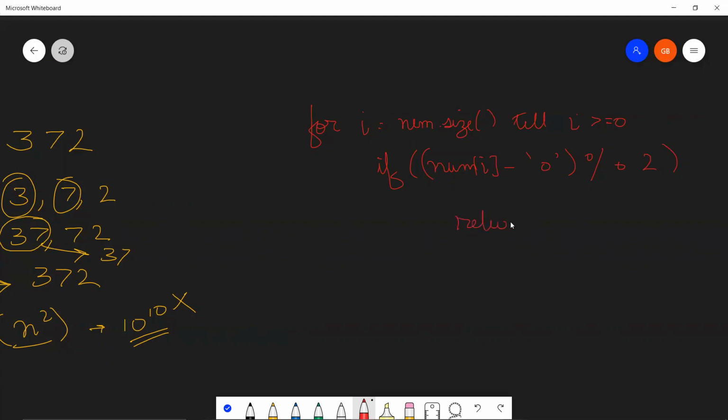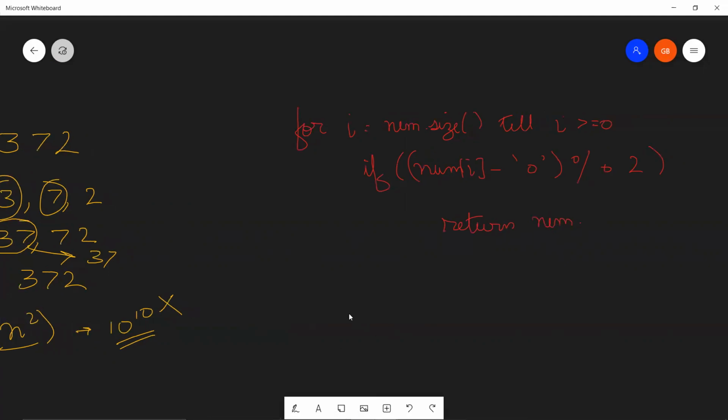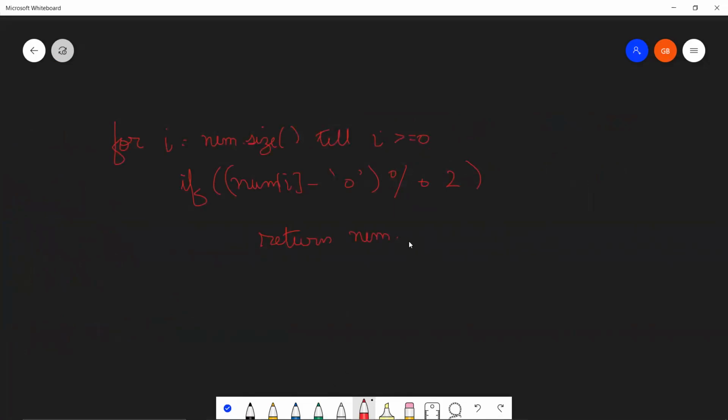Then finally, when you find your desired result, it's very simple. You're going to return num dot substring, since my agenda is to return the substring. I think in Java and C++, you have a substring function. This will go till here. And another thing that I forgot to mention: if your string does not have any odd character, that would mean you don't have any odd integer present in your string, which means that you will return an empty string. So if this loop does not yield any result, all you have to do is return an empty string.